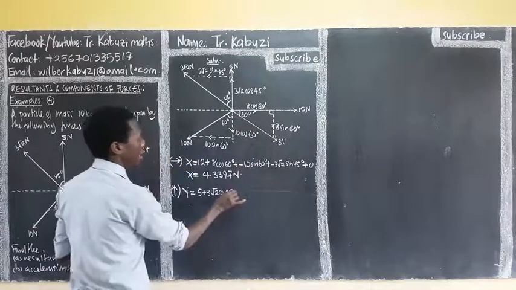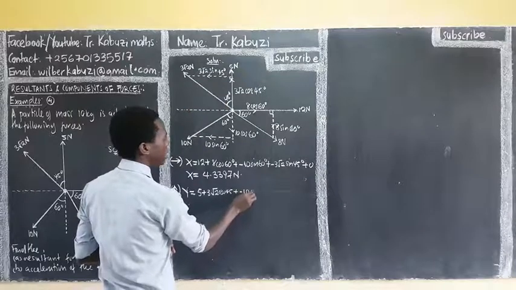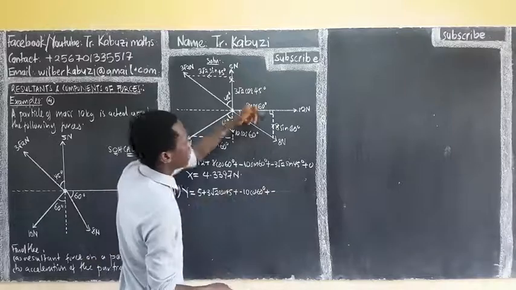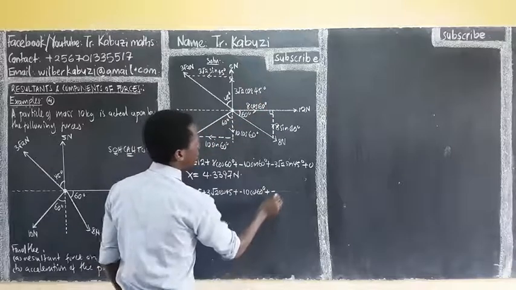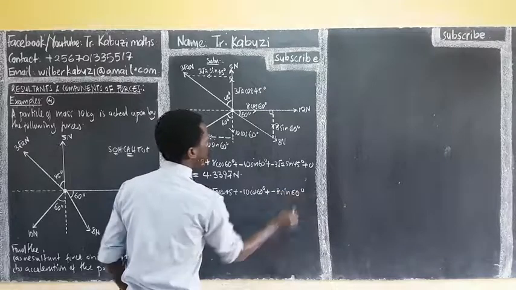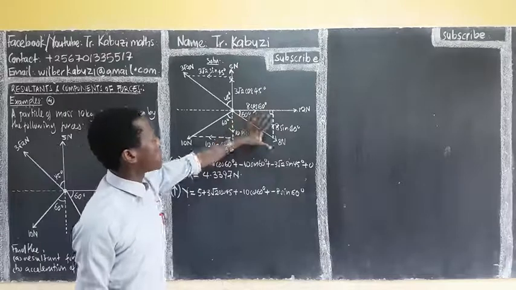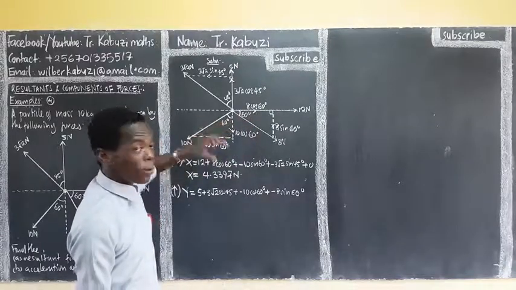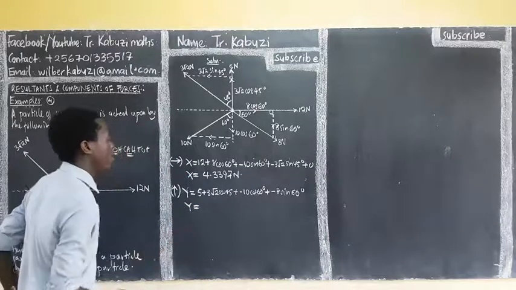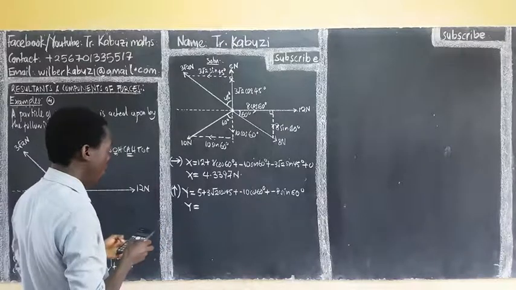So there we shall attach negative: plus 5, minus, this one is opposing, 10 cos 60 degrees, and minus, even this one is opposing, which will be 8 sine 60 degrees. Whenever the angles are from the horizontal, it's very easy, but whenever the angles are from the vertical, you be careful when you're resolving. So our y is going to be, let me replace that on our calculator, 5 plus